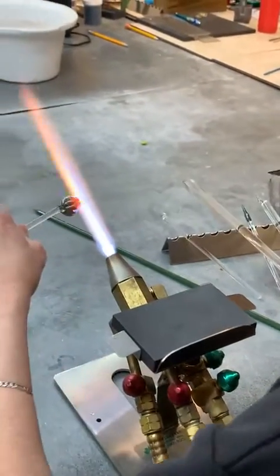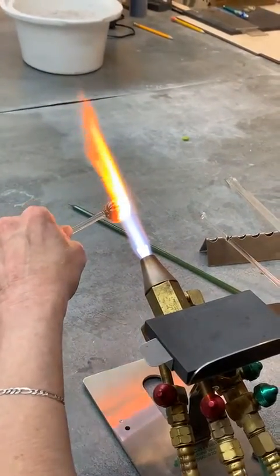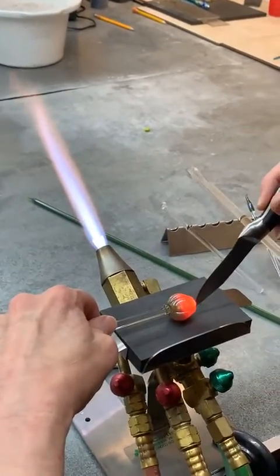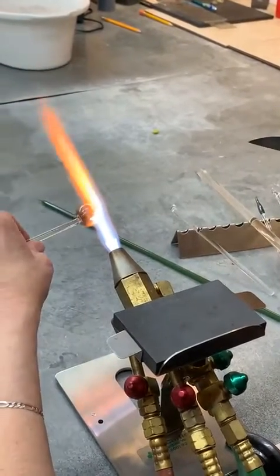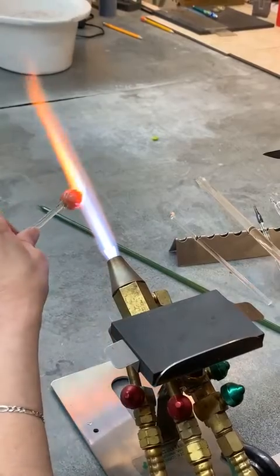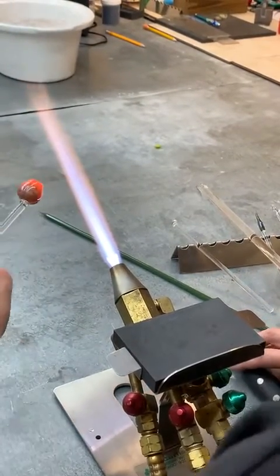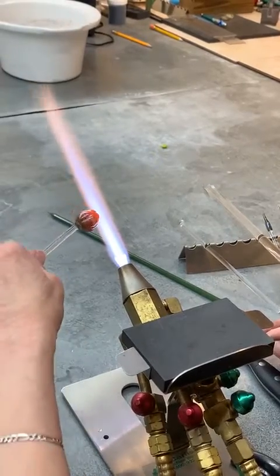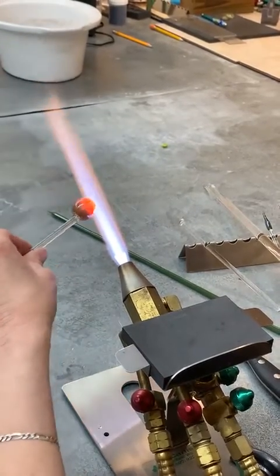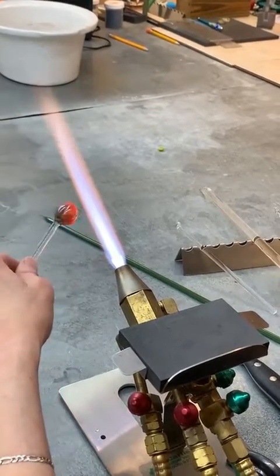But how long do you think it takes from start to finish? Well, it really depends on how big of a gather you want. I went to the big flame to do it, so that made it go faster. There's a lot of variables. I've been doing this 15 minutes, 20 minutes? About 15. So that's kind of a hard thing to know for sure, but